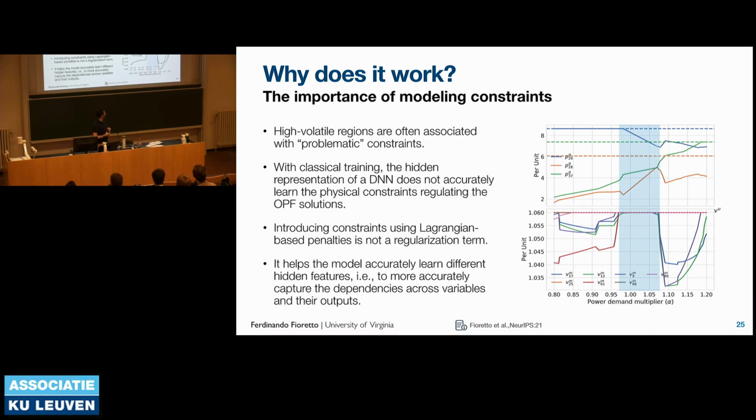You have more instabilities. On the bottom plots, what I'm showing are completely unrelated variables. Those are voltage variables. You might consider them auxiliary variables. They are actually regulating the power flow, but they are not variables we're technically interested in here. But they are important because they are connected to those generators via constraints. And so what happens is that when you see that shaded area, you see that voltages for several buses are touching their upper bounds, they are touching their constraints, right?